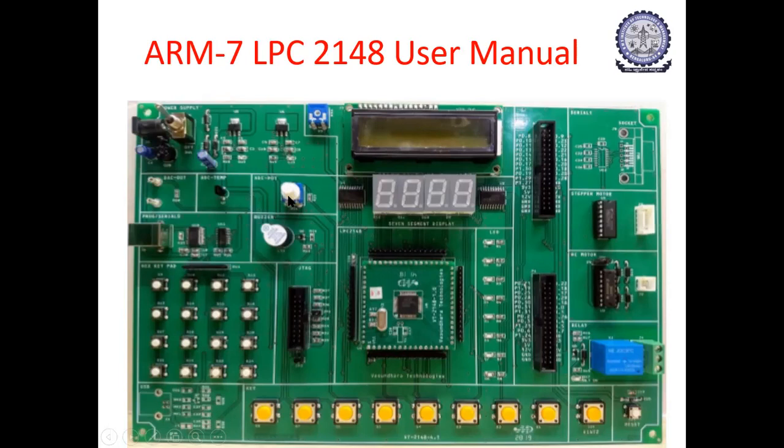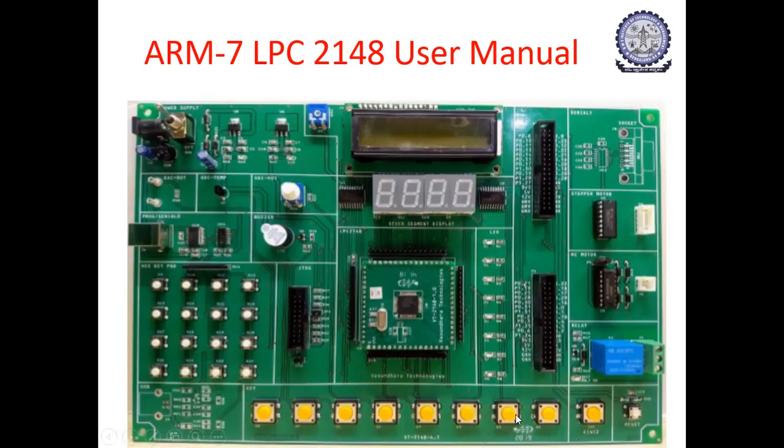But we know Ohm's law, right? That V equals IR. Once there is a change in the register value, once the register value decreases, voltage also decreases. Once the register value increases, voltage also increases according to Ohm's law. So we are using this variable register to vary the register values, according to which the voltage value will vary, and it will be displayed in this particular LCD display. So we are using the LCD display for the output.